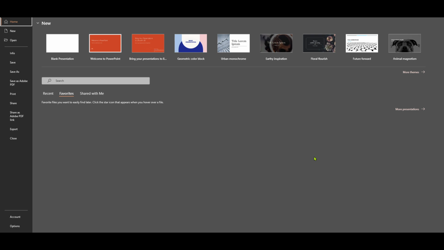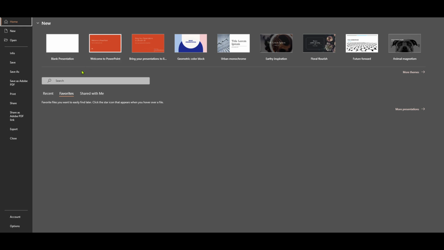First, you'll want to open the Microsoft PowerPoint app on your computer. Once there, choose the presentation you're working on. You can do this by clicking on File, then Open, and selecting your file from the list. Now that you have your presentation open, let's move on to the task at hand, adjusting the sizes of your